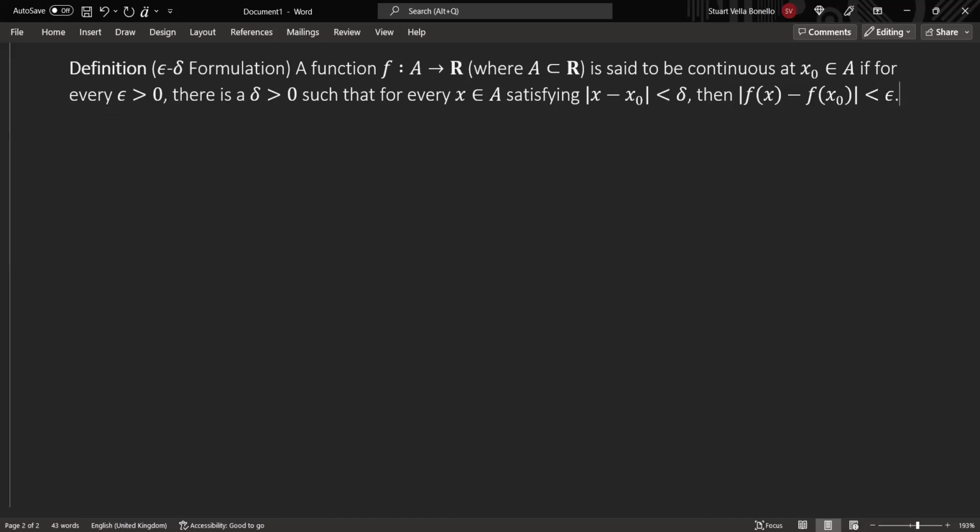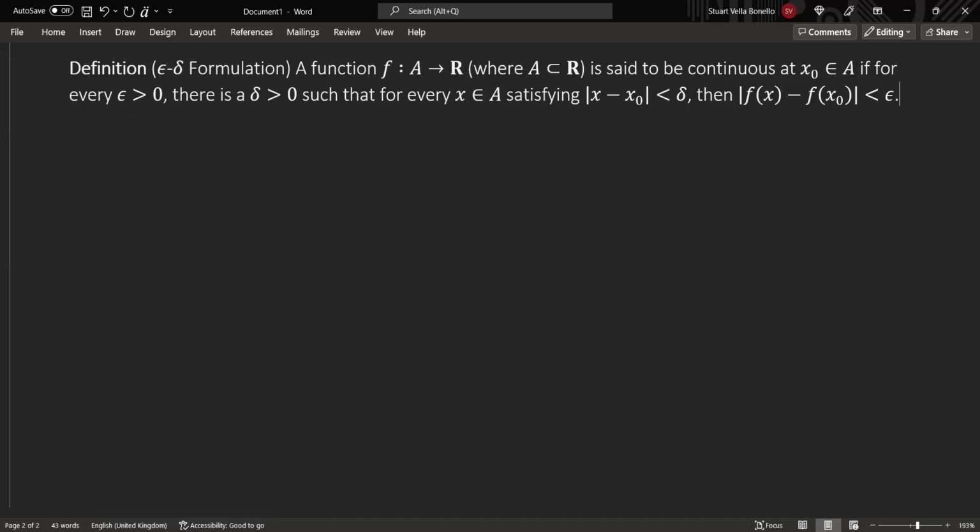Again, the idea is just to see how you write all this, including elements which rely on this equation mode function. So, definition, epsilon delta formulation: a function f mapping every element in the set A to the real line,